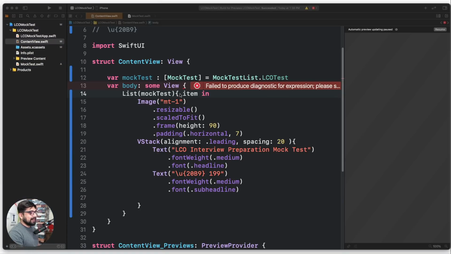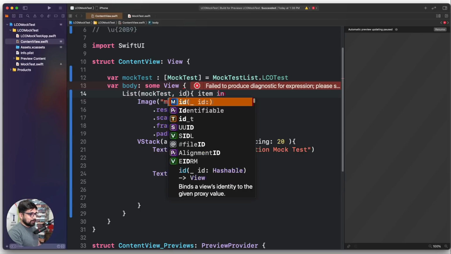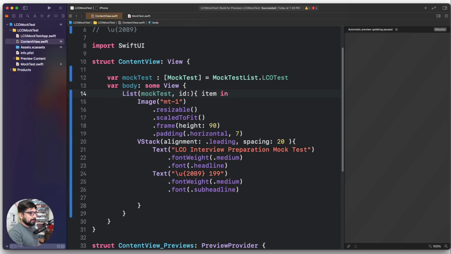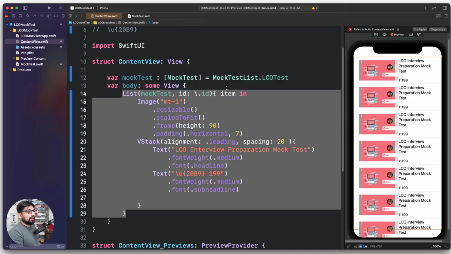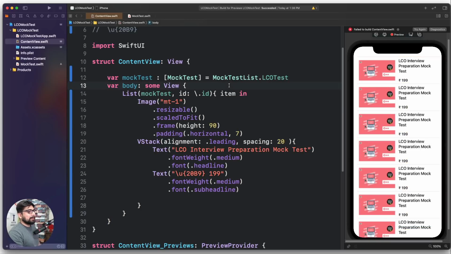Let's go ahead and add this ID property. So come back here, put up a comma and say, yes, I'll give you an ID. Put up a colon, and then you have to say backslash and dot, and then I can refer to this ID directly. There we go. Now it should be more happy. Yes, I am aware that every array should be uniquely identifiable so that performance is improved and you don't unnecessarily iterate through the items. Okay, so this is all okay, but there is one more thing remaining,